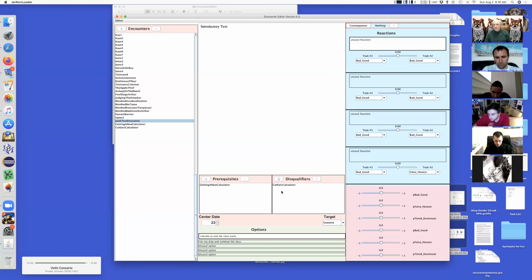This is primarily for dealing with logical weirdos. You know, if you kill off a character, then you better use that as a disqualifier for any encounter that refers to that character. Now, okay, so this is the easy stuff. Basically, you create an encounter, you type in the text,